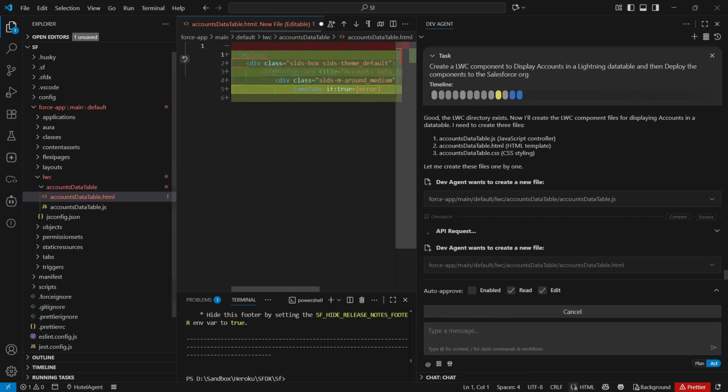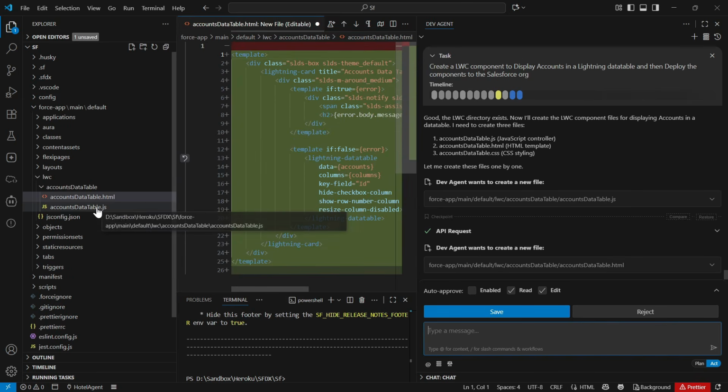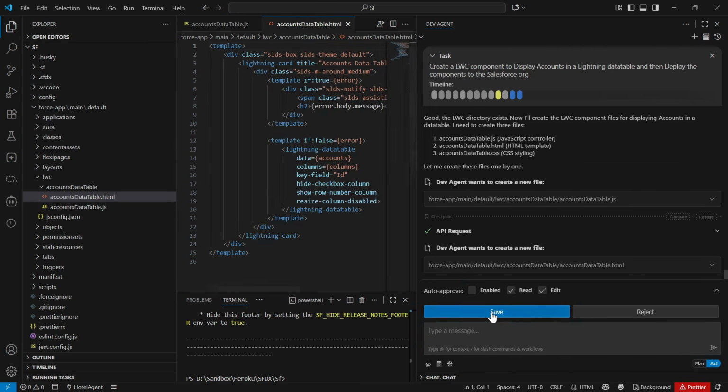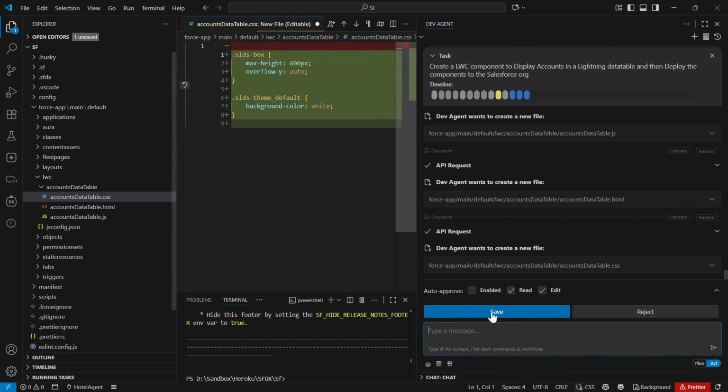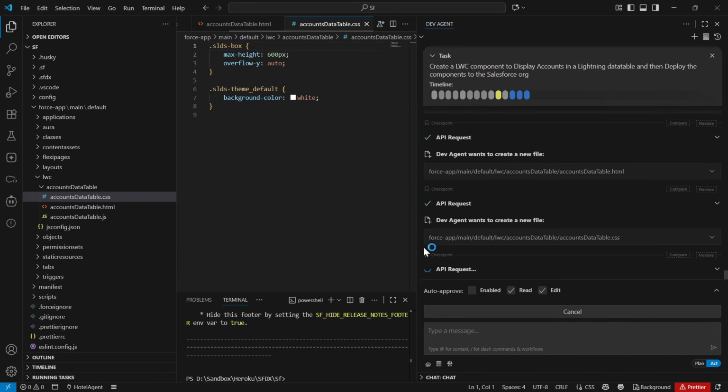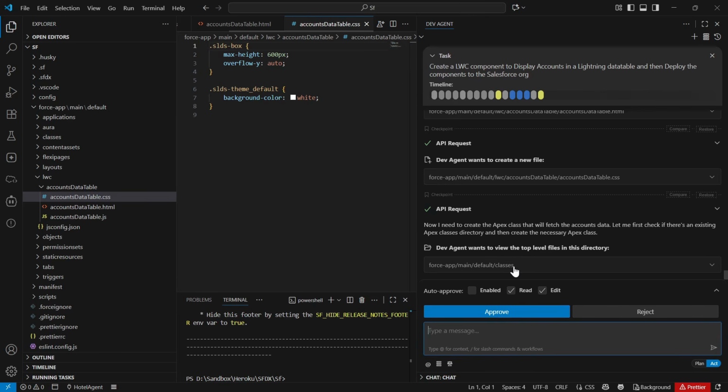Now it will create the HTML of it. So it has created the JS and now it's creating the HTML. And again, it is asking us to review it. So for each file, it will ask for the approval. And now it's adding some CSS. Again, let's save it. And now it want to see that what are the Apex classes I have in this